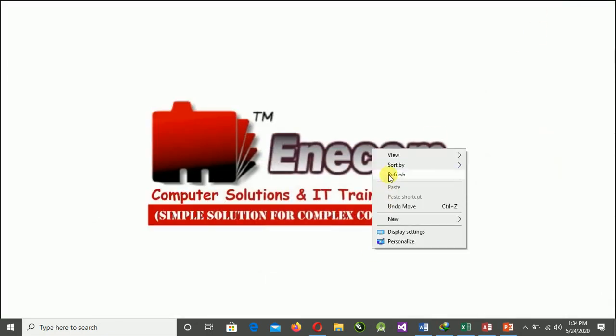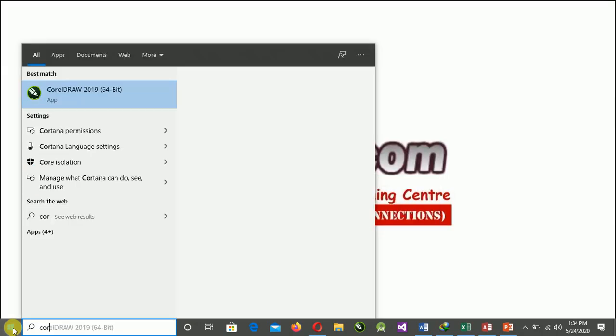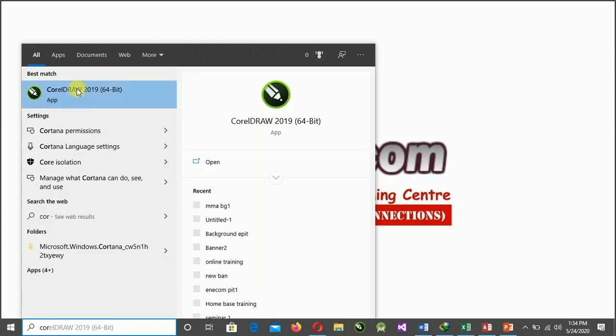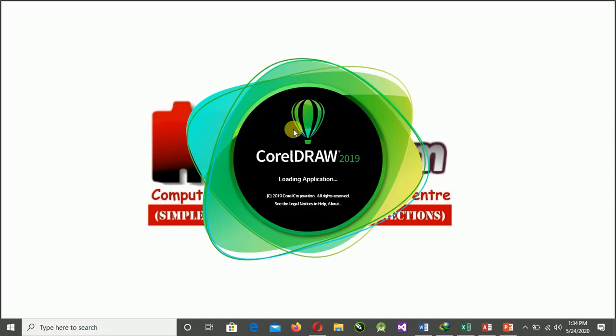I'm going to open another application called CorelDRAW. So as I was saying, each and every program has a specific job. So CorelDRAW also gives you access to design. So if you can see this logo in here, or this advertising logo, it was designed by me with CorelDRAW. So CorelDRAW is also meant for what? For designing. So if you want to learn how to design, you get to us,